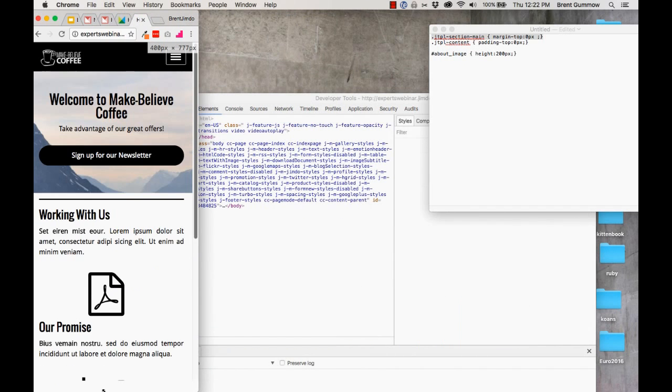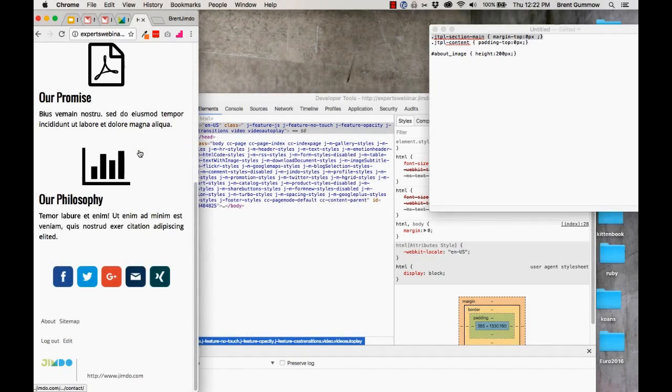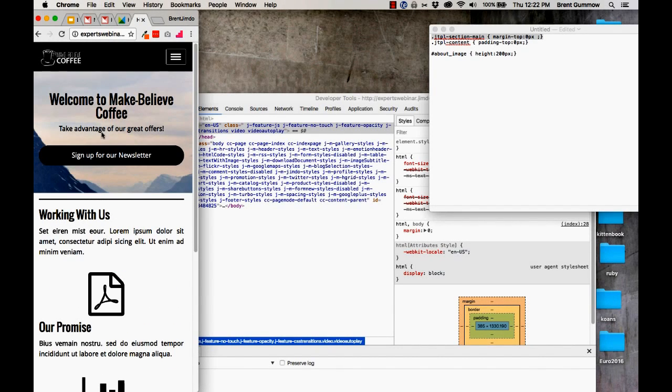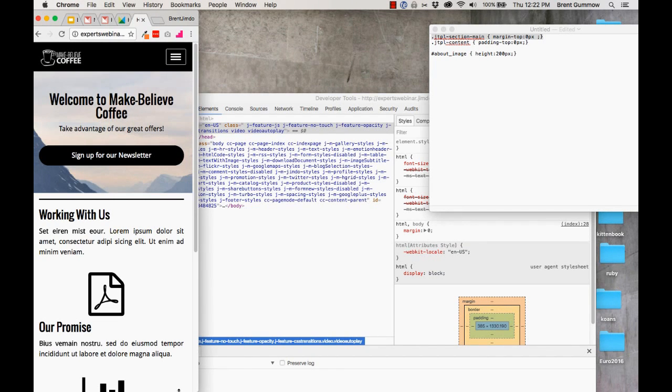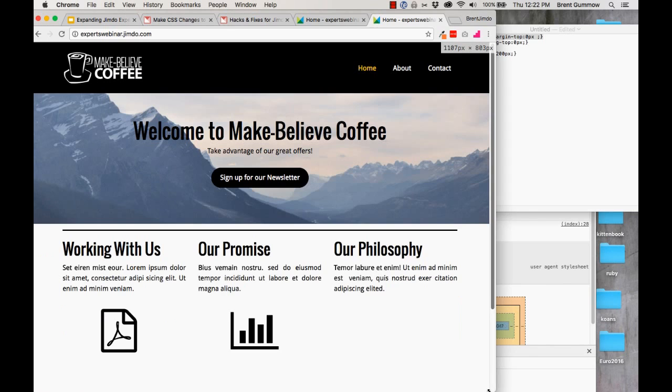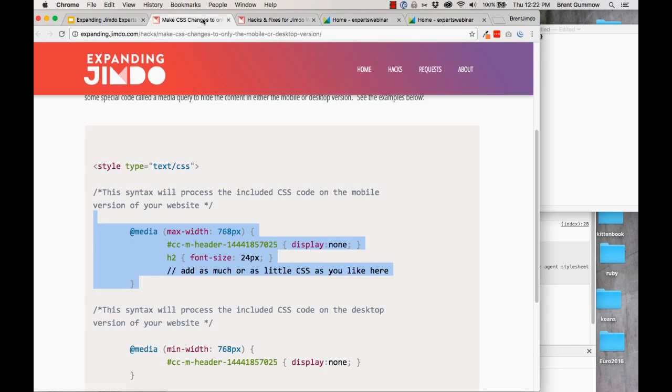Go into phone version. And this time we can see that our phone version looks really great. And we still have that, got rid of that space at the top there. Cool. Now there's one last quick thing I want to go through, and that's going to be how to add